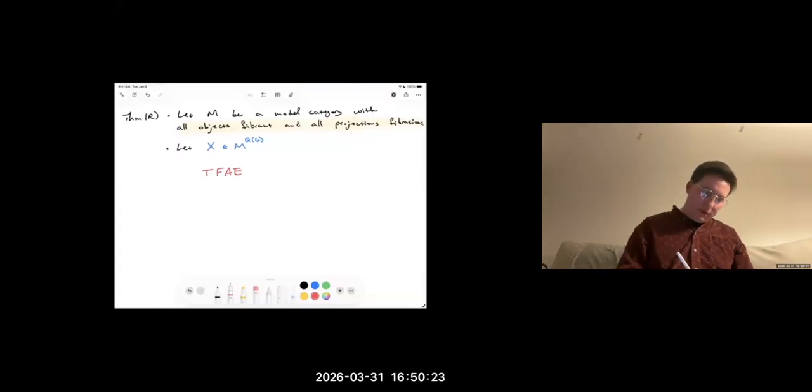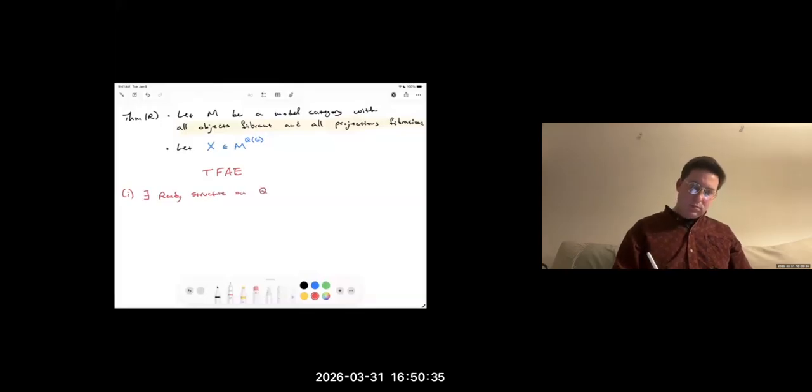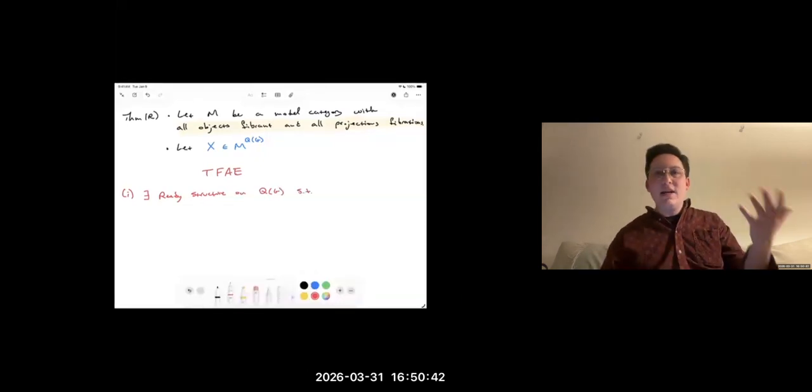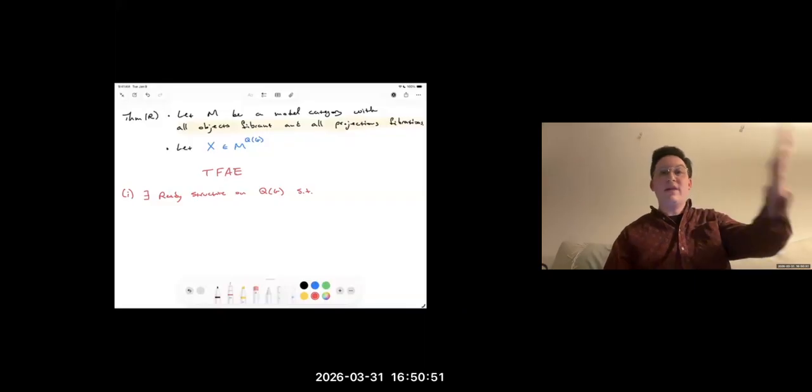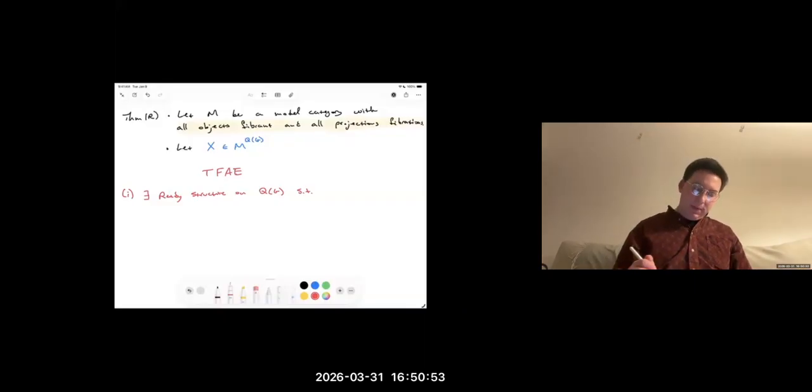So here's the first condition: that there exists a Reedy structure on QG, such that, now, not any model structure is useful for the derived functor of homotopy limit, right? Usually you need a model structure that has good properties with respect to this functor, and here's what that property is: such that the limit functor